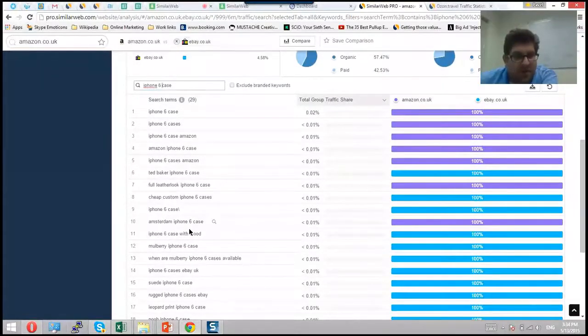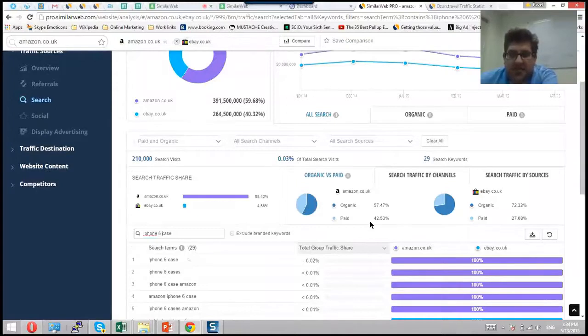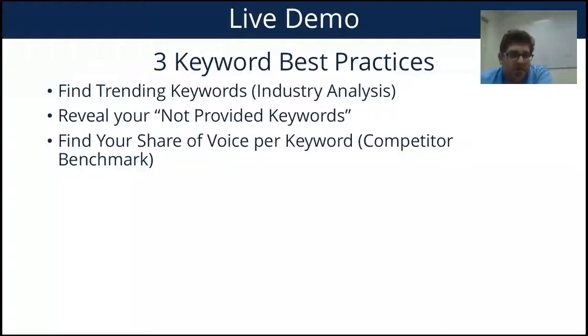But if they want something with wood or mulberry or a rugged iPhone case, they're probably looking at eBay here to see if they can get a cheaper version. And you can always export each report that you see within SimilarWeb to Excel to further analyze and see more decimal points and see the actual traffic. If we go back to our document,